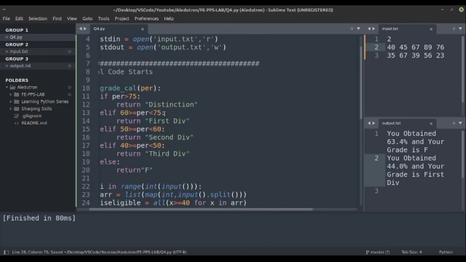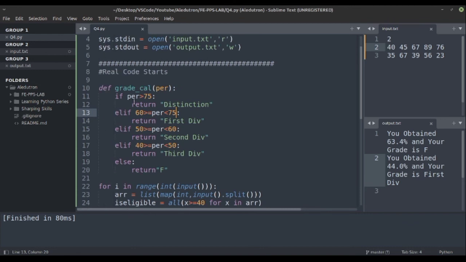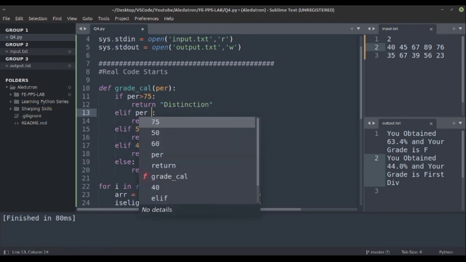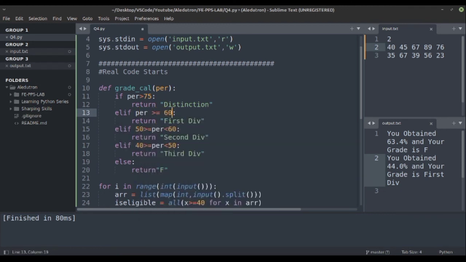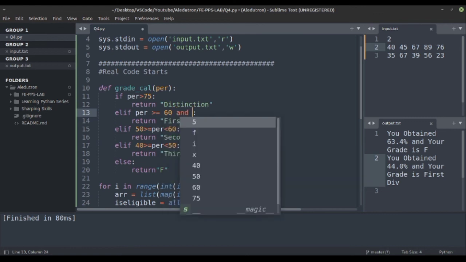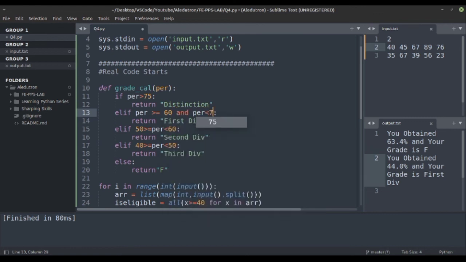So let's simplify this. If percentage is greater than 75, then distinction. Elif, let's simplify this more, percent is greater than or equal to 60 and percent less than 75.